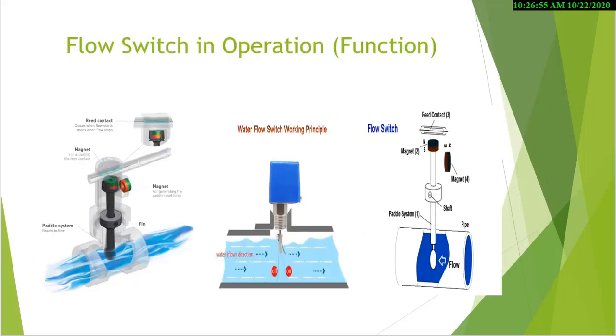Here is the operation of the flow switch, how it operates. So it is either on or off. In case there is a flow, it will not trip the signal. In case it is off, there is no flow, it will trip the signal to the chiller or to the